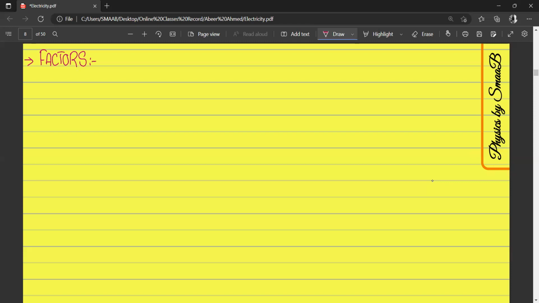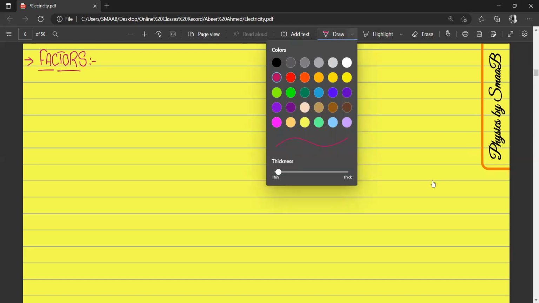So today we will discuss the factors affecting the resistance in a circuit. So let's suppose a resistor is connected in a circuit, and if we take the example of a wire,